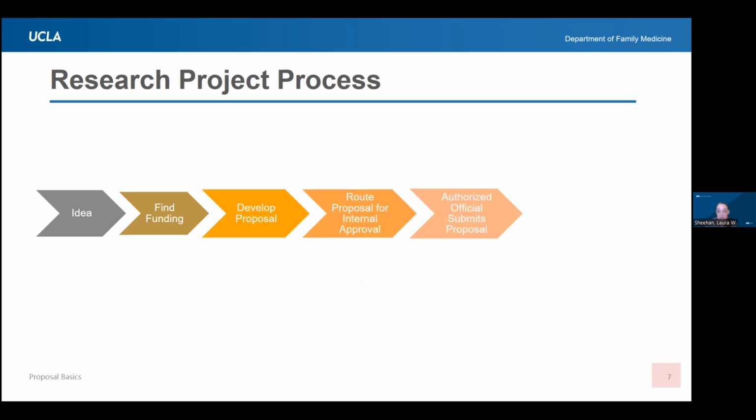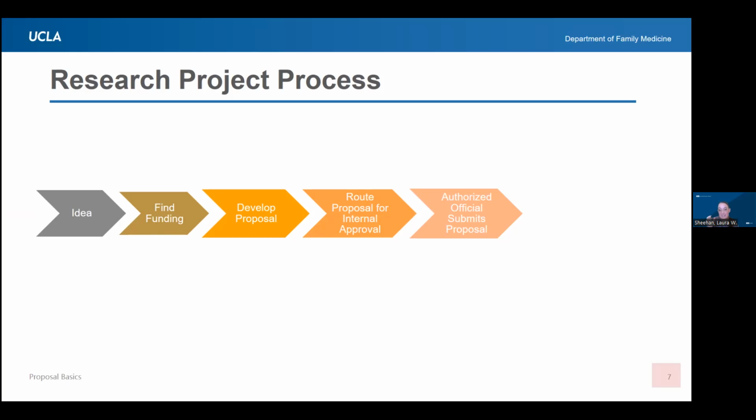Let's talk briefly about the research process, exactly what goes into the order of things. So we start off with an idea, right? As a researcher, you're going to have some inkling of an idea of what you want to research, but you'll notice that the development of the proposal is separated here. It's not the same thing. And that's because you really want to find your funding opportunity before you get too deep into the weeds. You want to know exactly who you are applying to, what are they interested in funding before you really flesh out the meat of your proposal.